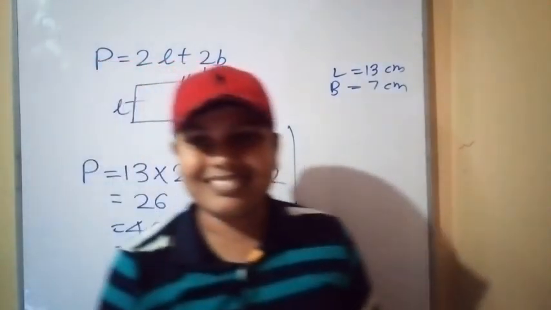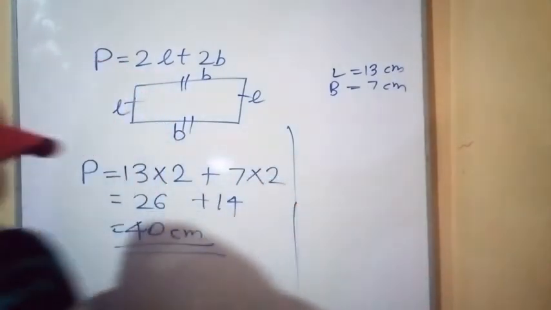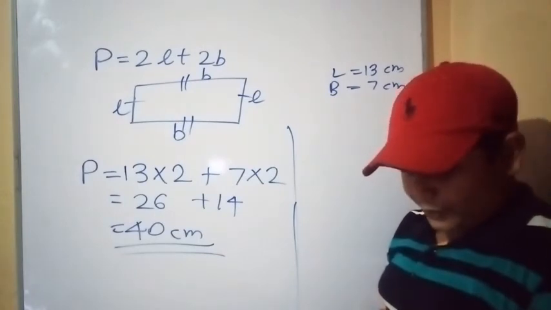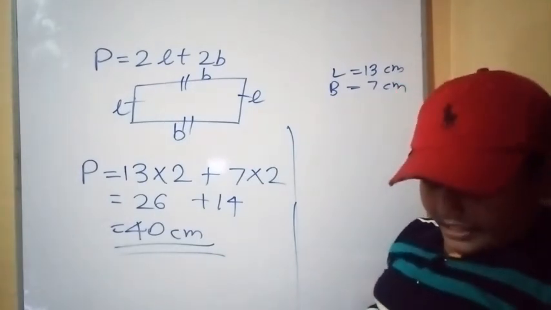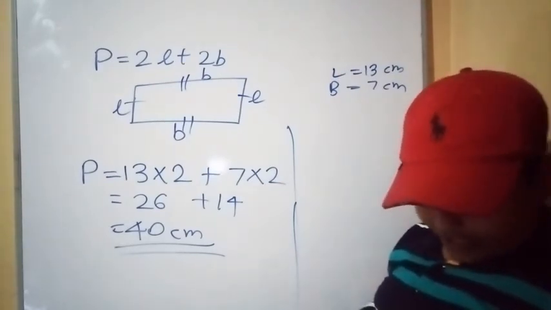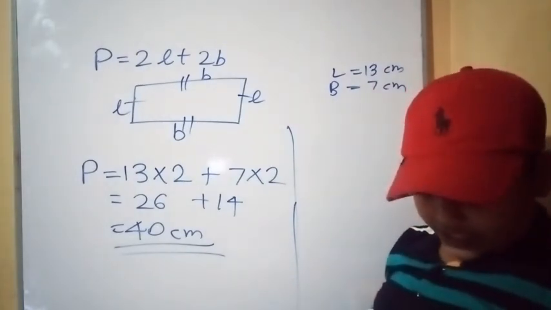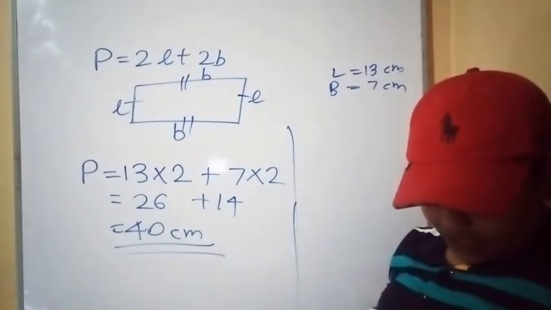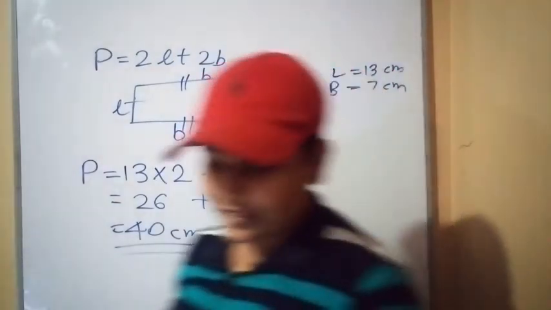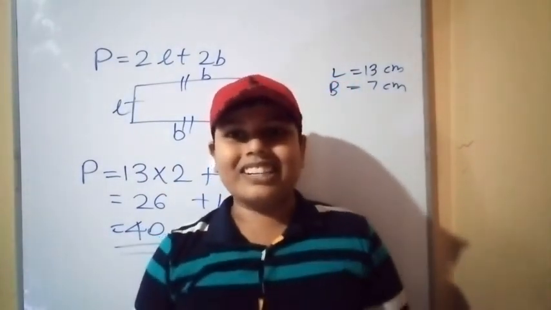The lesson is finished. Now we have exercise 15.4. Alright, let's discuss the summary. The relationship obtained when two mathematical expressions, at least one of which is algebraic, are equal to each other is an equation. The solution of an equation is the value of the unknown for which the equation holds true. A relationship between several variables can be expressed as a formula. The value of any variable of a formula can be found by substituting positive whole numbers for the other variables. These are what was discussed in this video.